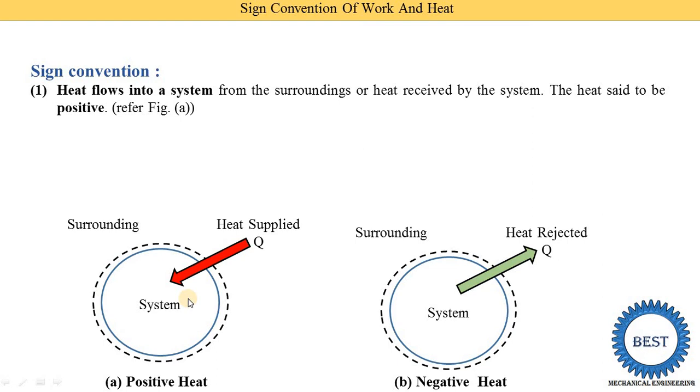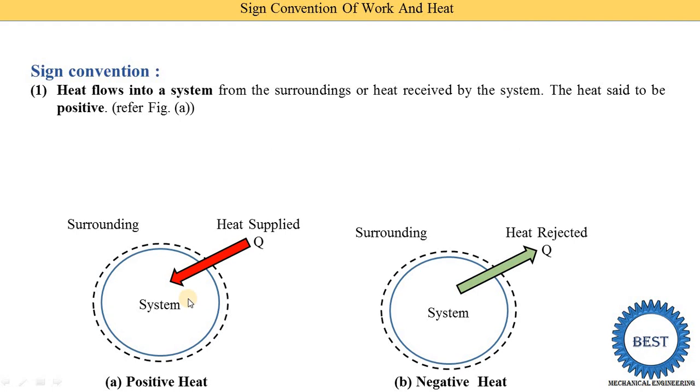Okay, but when it is cooked and we take it out from the gas, at that time the food rejects the heat to the atmosphere, so it is called negative heat. Same way, you already know about the boiler. In a boiler we supply heat energy, meaning we do the combustion of fuel, maybe wood, coal or anything. So this is called heat supplied. That is positive. But when the boiler rejects the heat to the atmosphere, it is called negative. You see lots of chimneys rejecting heat to the atmosphere in industrial areas, that is called heat rejection. So this is negative, because the heat is going to waste.